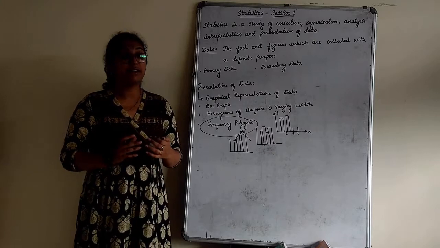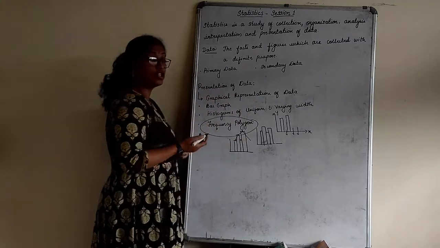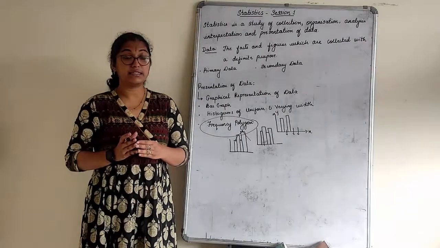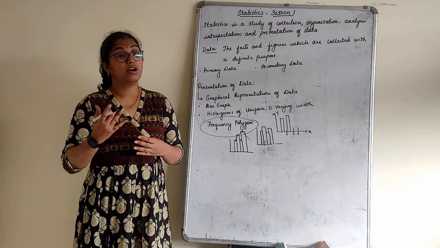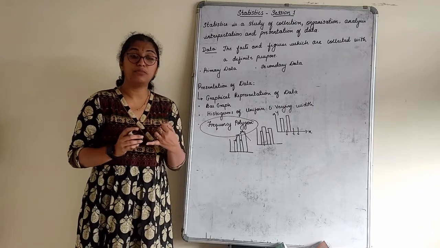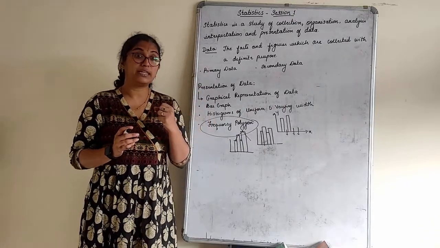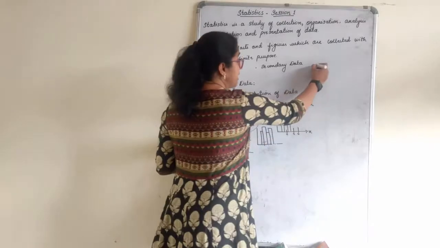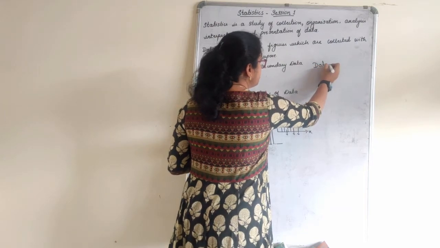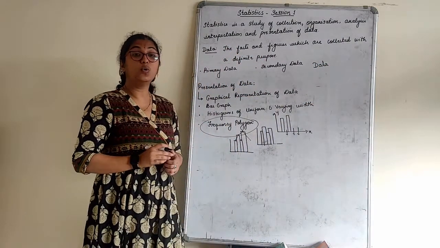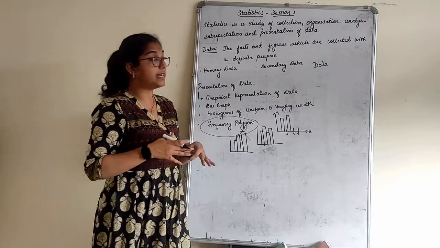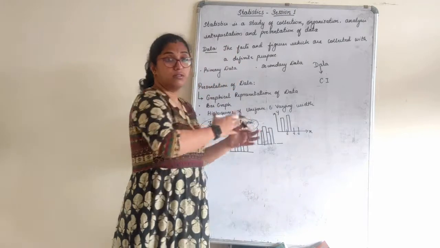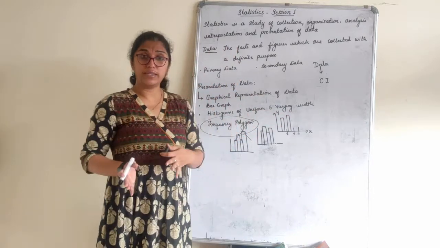Apart from this, when we talk about presentation of the data, before presenting the data we have to organize the data. How to organize that? For organization of the data, we have to make class intervals, we have to group the data, and we need to know what frequencies and class marks are. Now first, when the data is collected, we group the data. How do we group that? We group the data in the form of class intervals, like 0 to 10, 10 to 20, right?